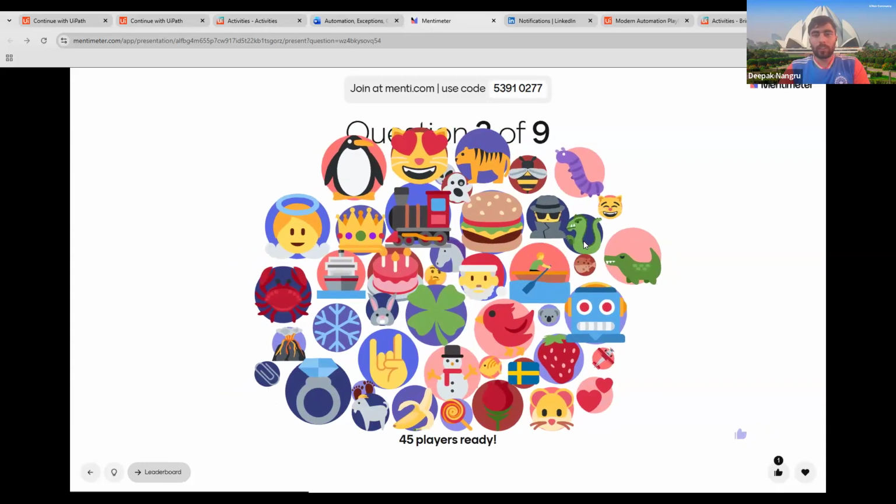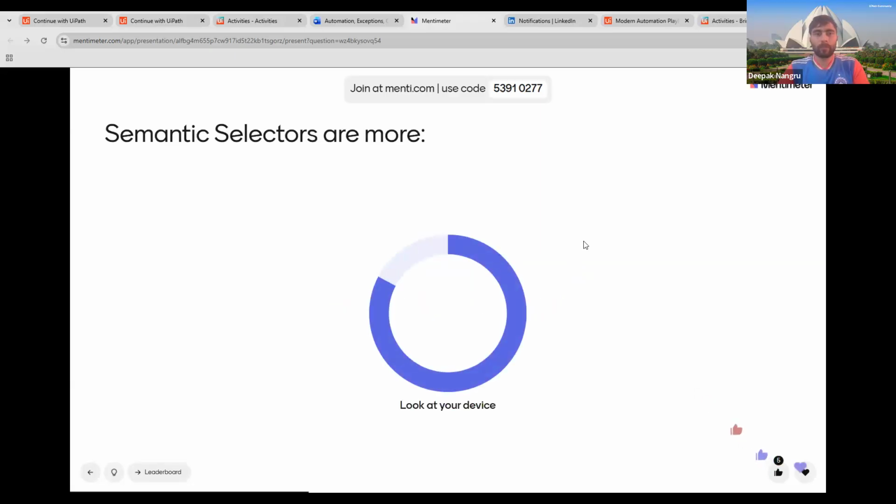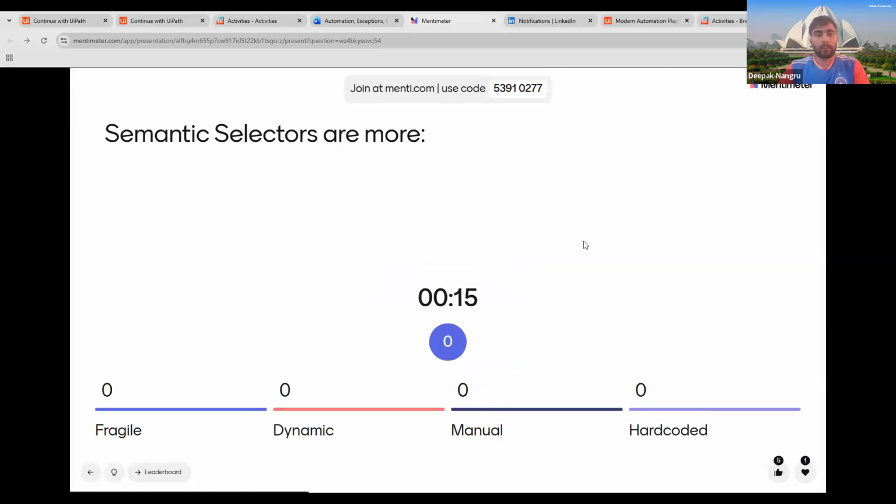Okay, question number 3. Semantic selectors are more fragile, dynamic, manual, and hard-coded. Easy questions.